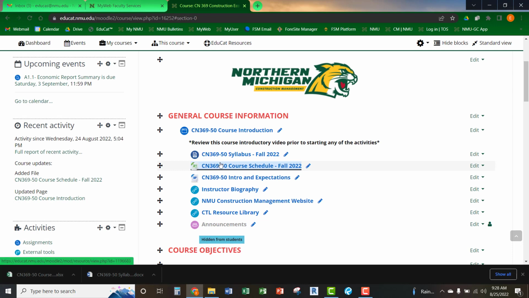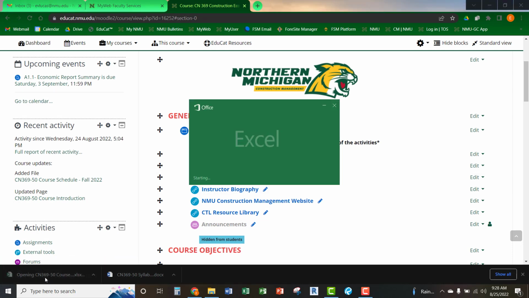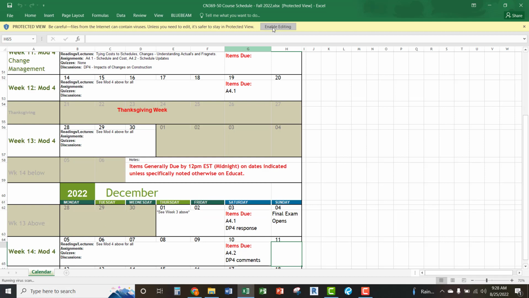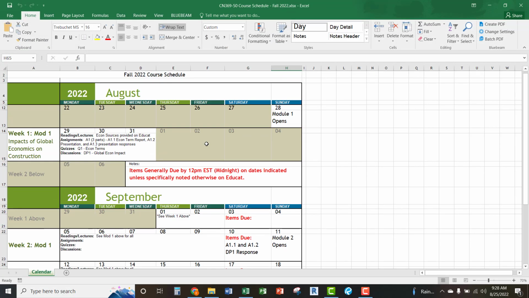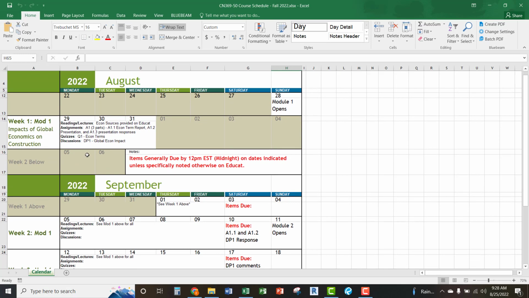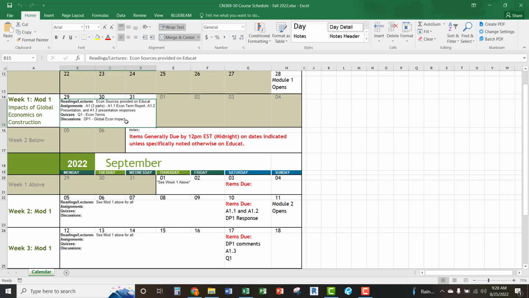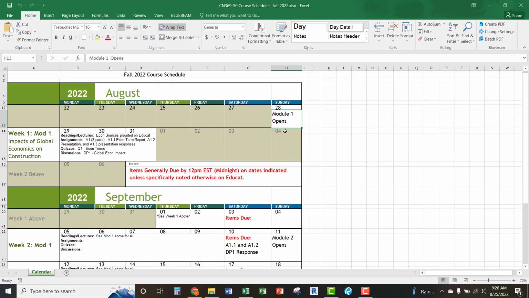The next item on the list is the course schedule. So this again is kind of a layout of the entire semester. Like I said, it would typically be 7 weeks, but we had to expand it for the full semester. So the way I have it laid out is each week, or when a new module starts and where you should be throughout the semester, I'll have some information on what is entailed within that module. You'll see on Sundays a new module will open every couple of weeks, so you can get to work on all these different things,